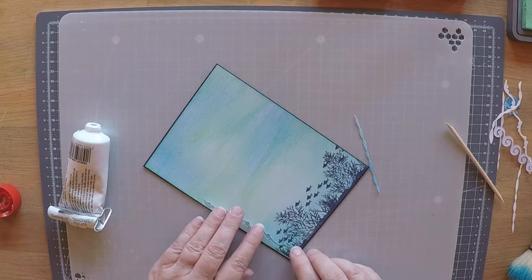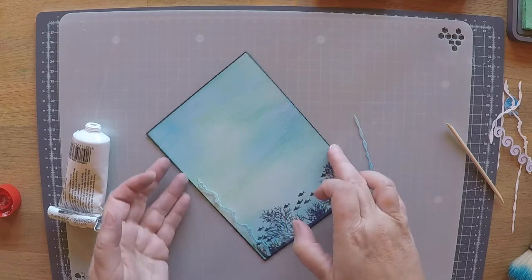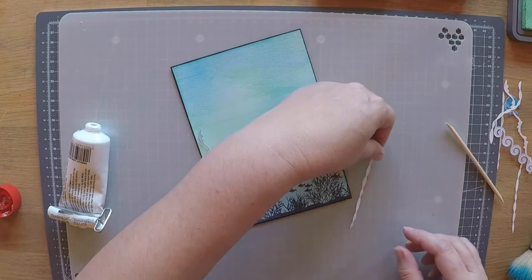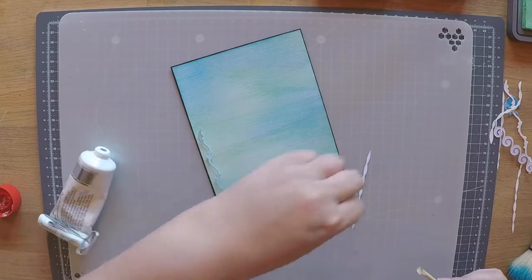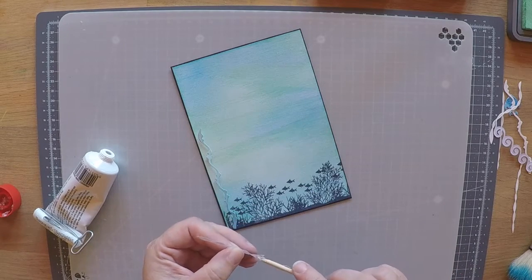So I'm starting to assemble my pieces of seaweed down the one side of the card. Being careful not to press down because I want the silicone to give it the 3D effect of the seaweed coming out of the water. I'm just adding a few of those,